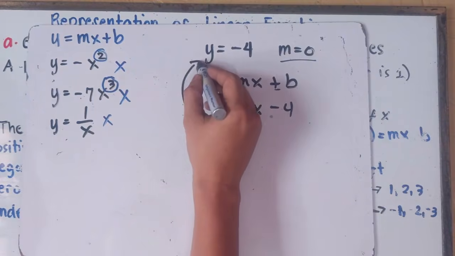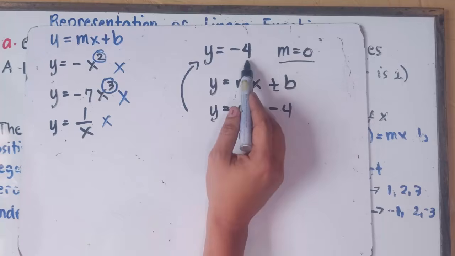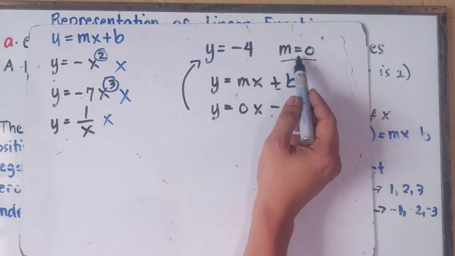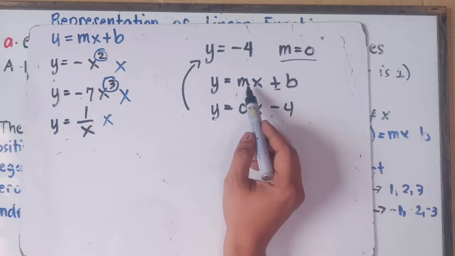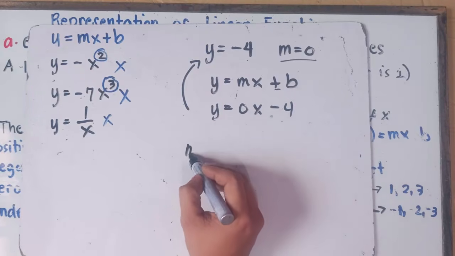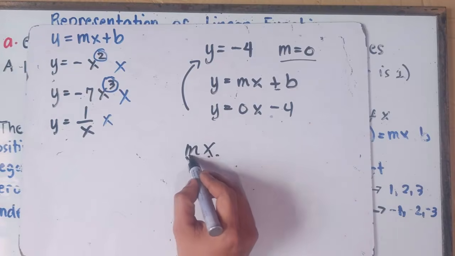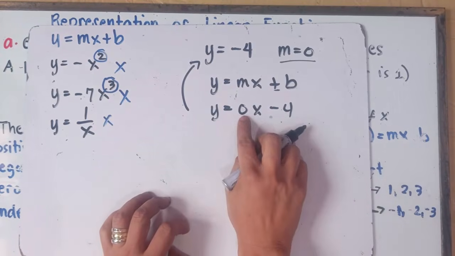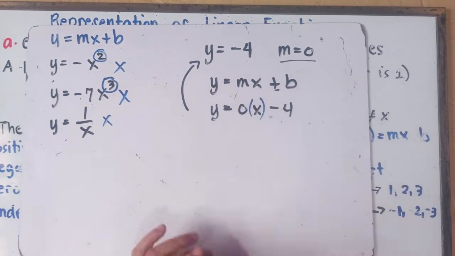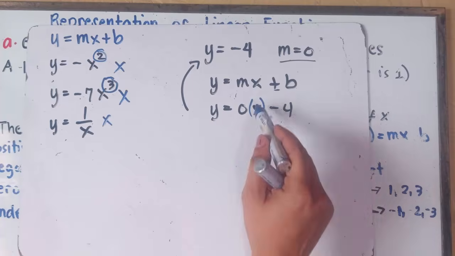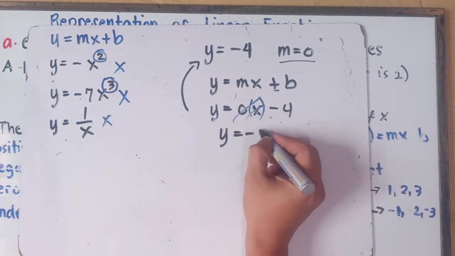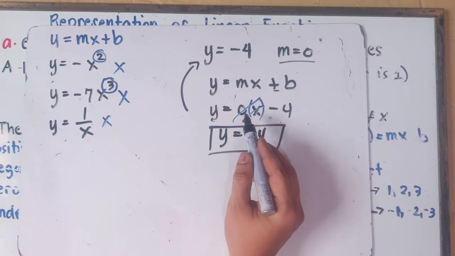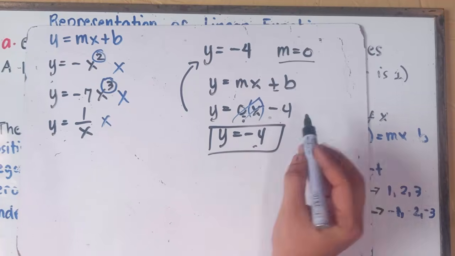Once again, this is just the same, class. Your y-intercept, or the value of b, that would be negative 4. Your m is 0 because if you multiply this one, the value of your m is 0. So 0 times x. If you have mx, it means multiplication, right? If the variables are close to each other, it means multiplication. M times x is just the same with mx. So the value of m is 0, and then simply multiply it by x. So therefore, 0 times x, that would be 0, right? You can just simply cancel that out. And that would be equal to y equals negative 4. So therefore, y equals negative 4 is just the same with this one. So the value of m is equal to 0.